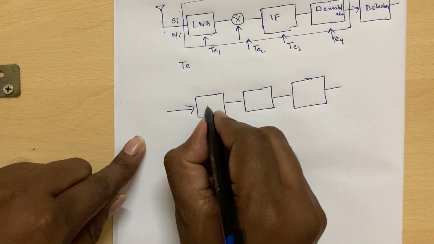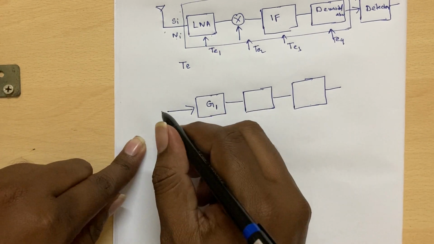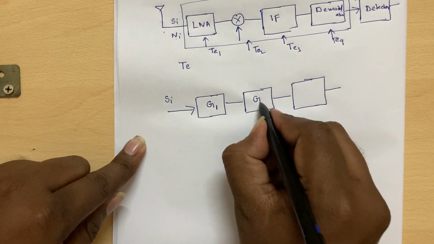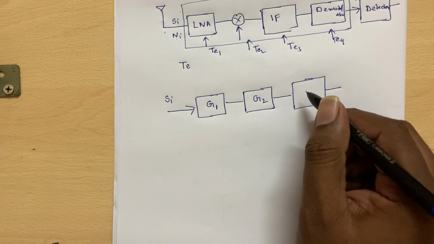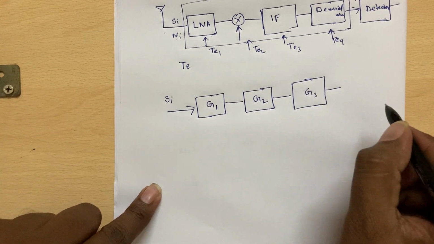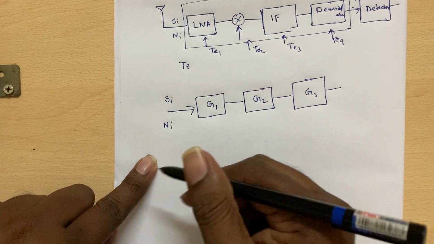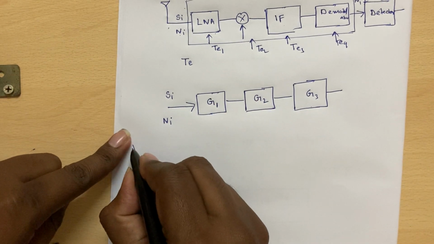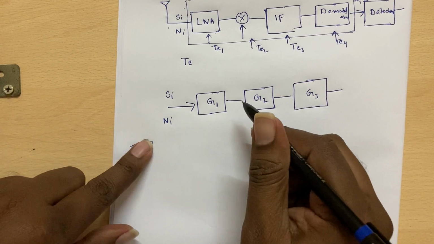You can extrapolate that. Say there is a first block whose gain is G1, the operation can be anything, but as far as powers are concerned, we are only interested in the power gain. And this has the second stage. It's a cascaded connection of multiple blocks, 3 blocks here. And this is G3, the third block power gain. And you apply Ni here, which is KTiB, where Ti may be T0 or T.